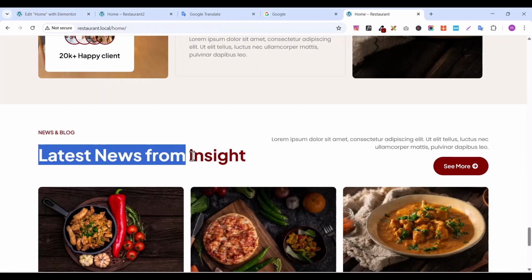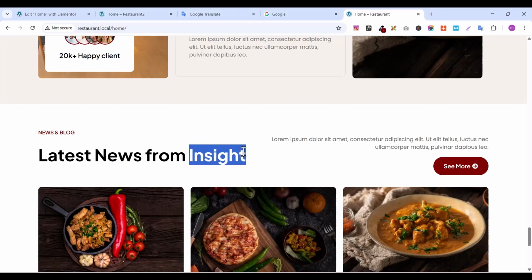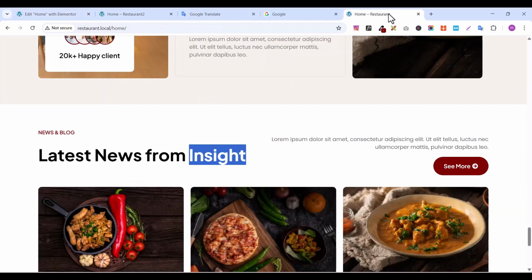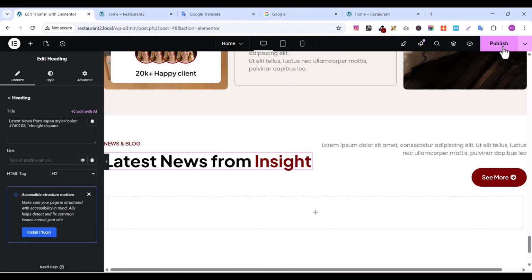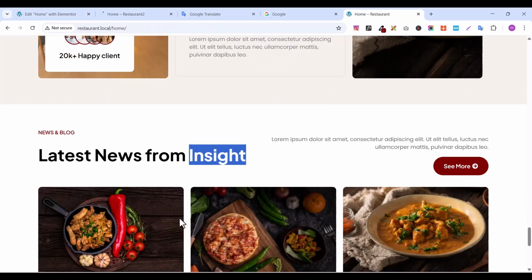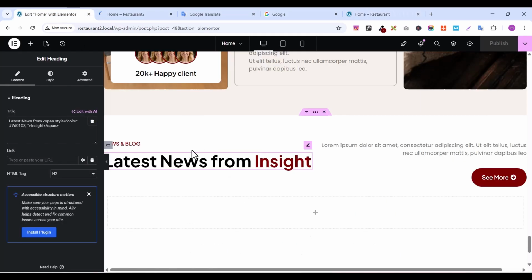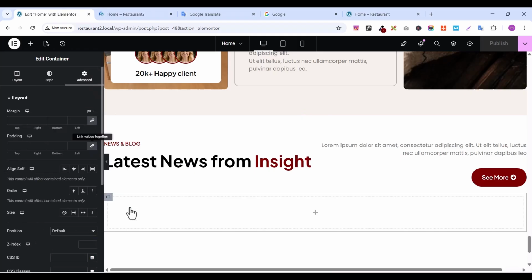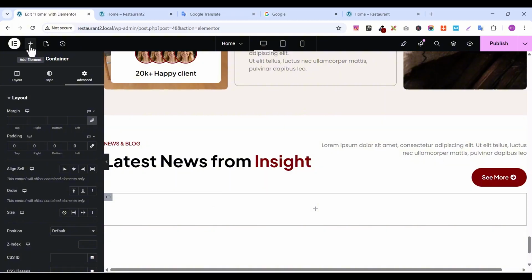Back, select this text. Back to our working environment and paste it here like this. Okay, so let's go back and publish it. So everything is looking good. So we have to come to this container, remove the padding, and let's add another element inside, and that's going to be a grid